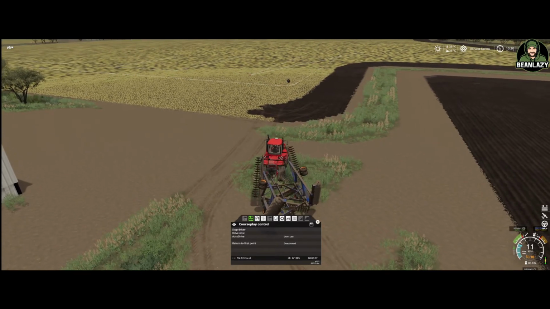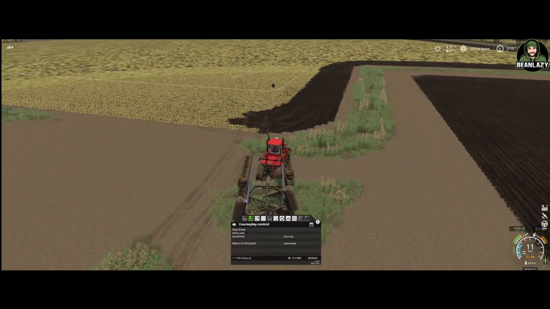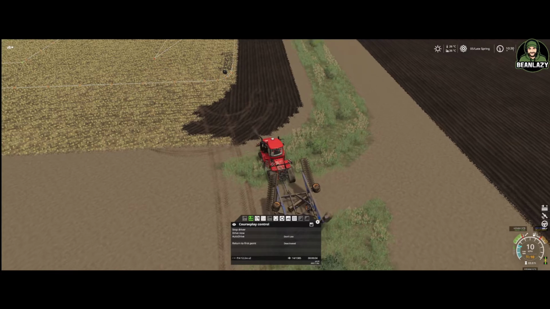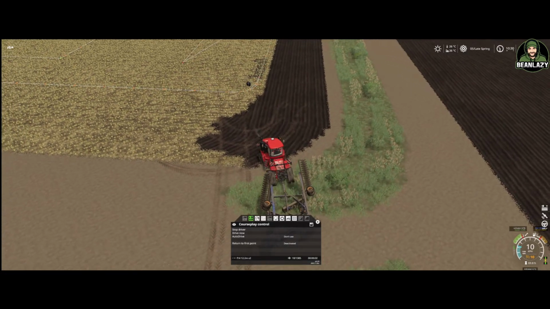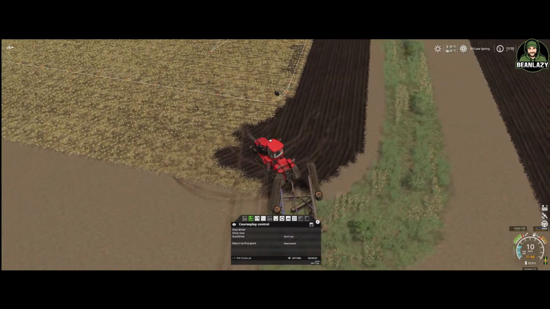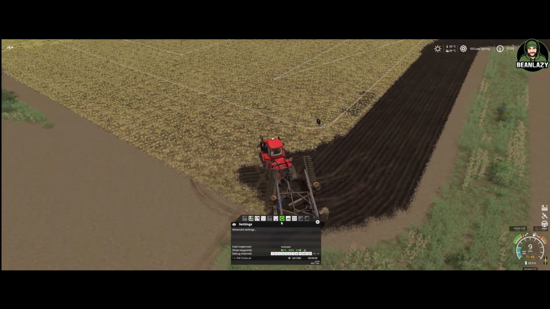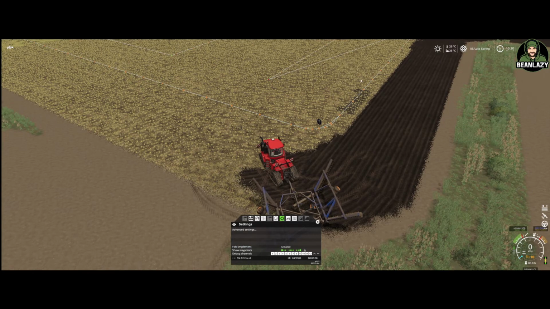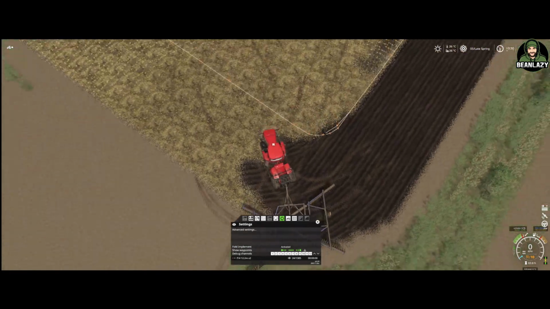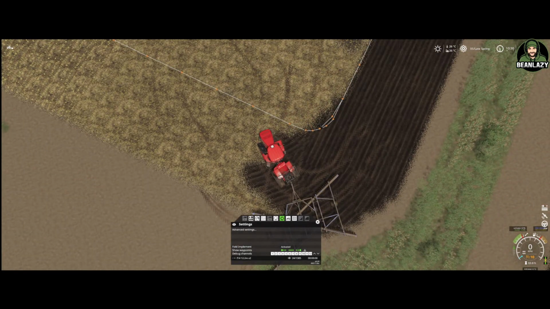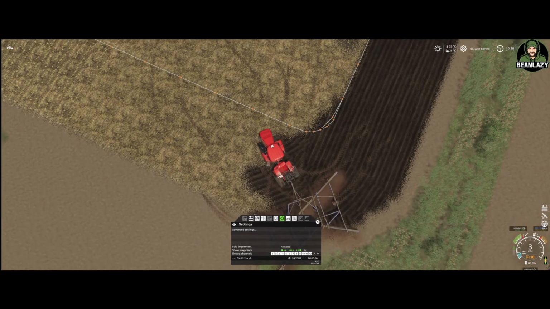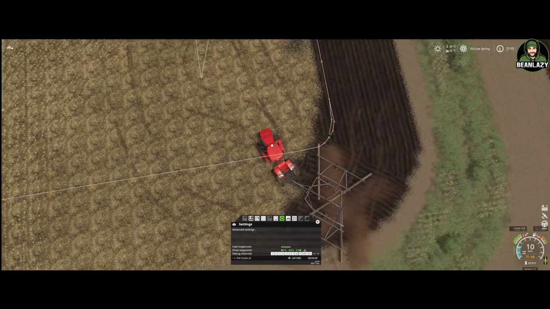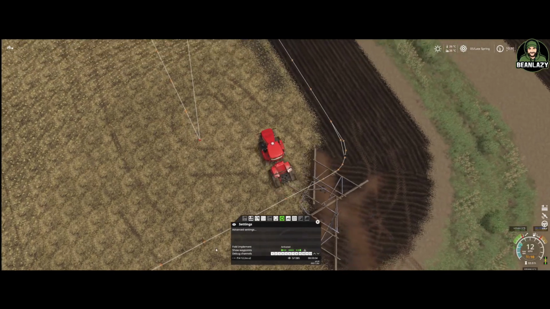So what he's going to do is he's just going to slowly move over. And he's going to go make sure that he's on the left of the line. It's always handy just to double check, guys. Just make sure you've got these up when you first start, so you can see where he is. So what he's going to do is, if you look straight down that line, the New Holland put its plough